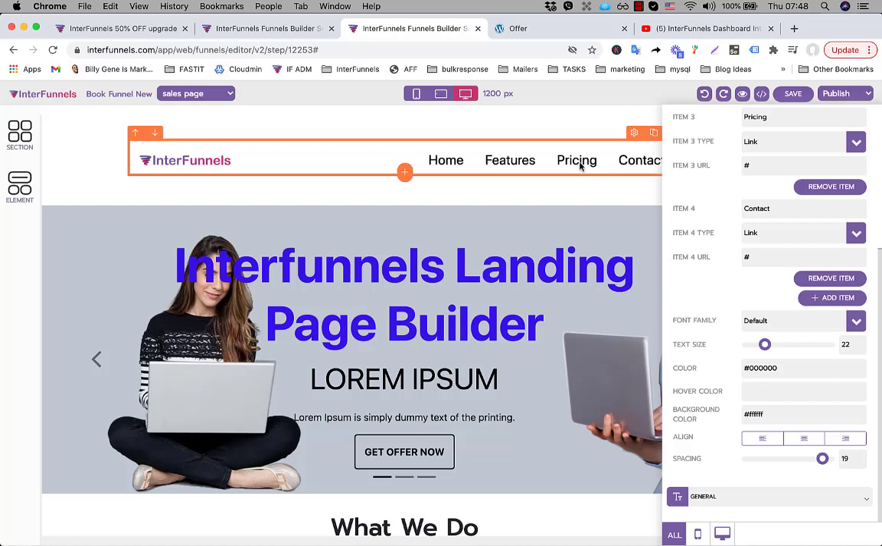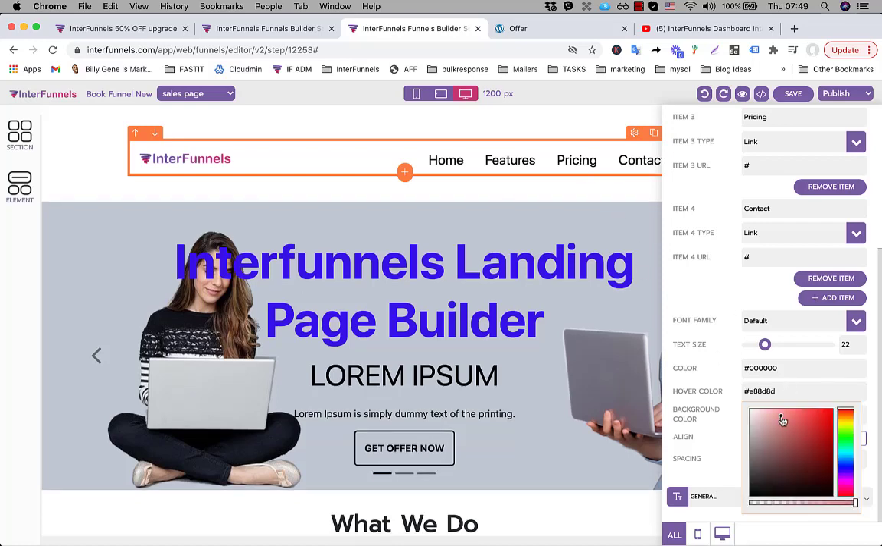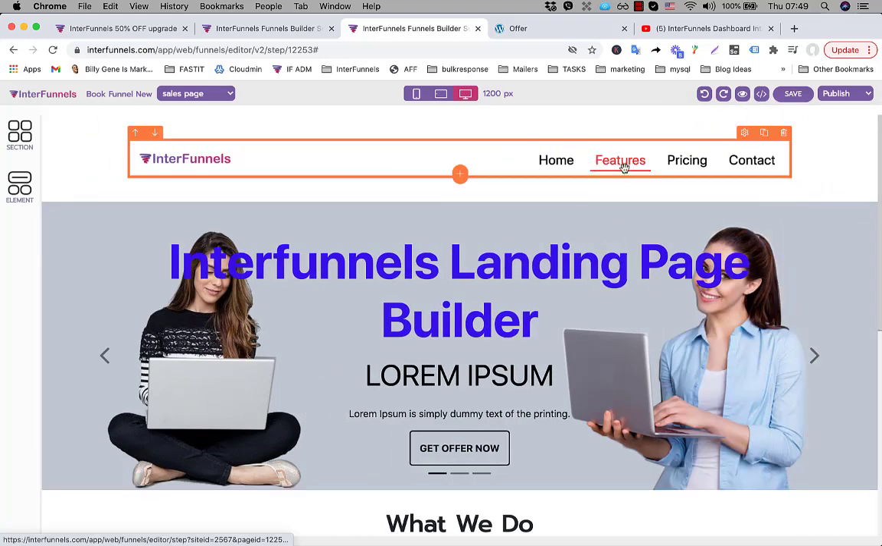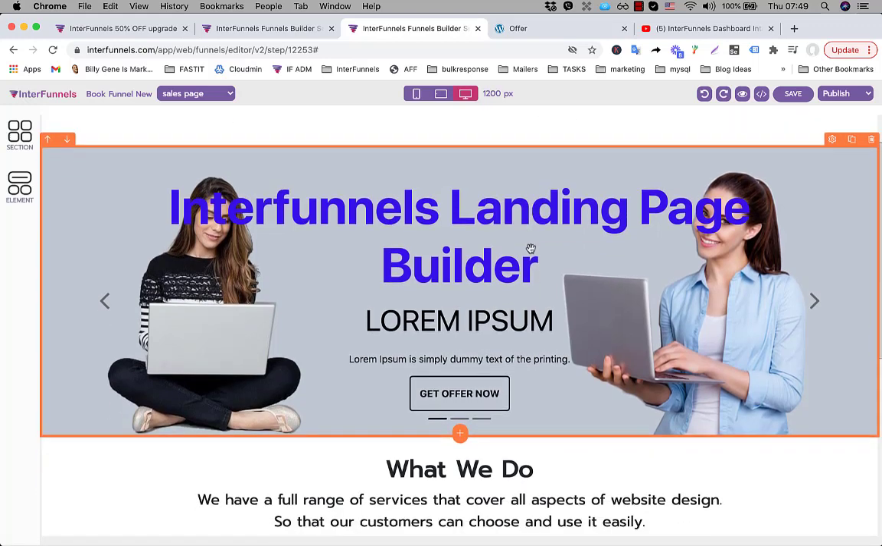color. So what is hover color? When I move the mouse over here, then this color will appear. Okay, so I change the hover color. Now you will see that as I move the mouse over here, it changes the color. So what I'm doing is I'm building a nice navigation bar, as you can see, and then I want to